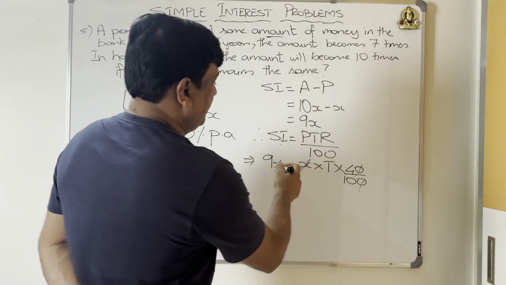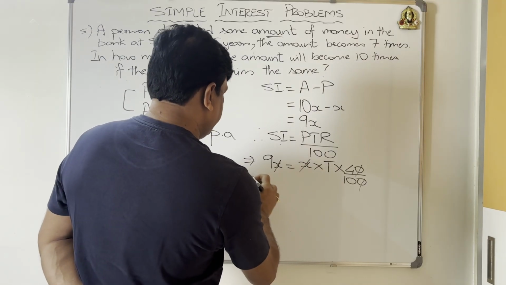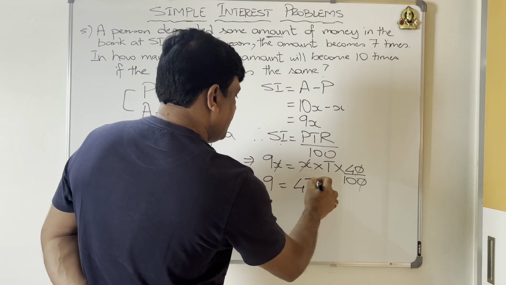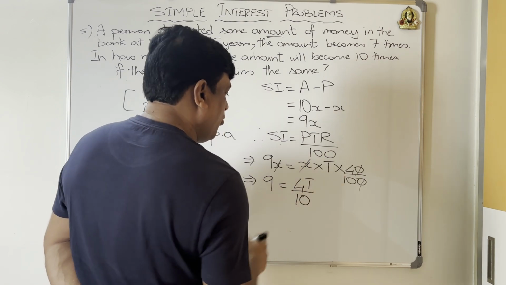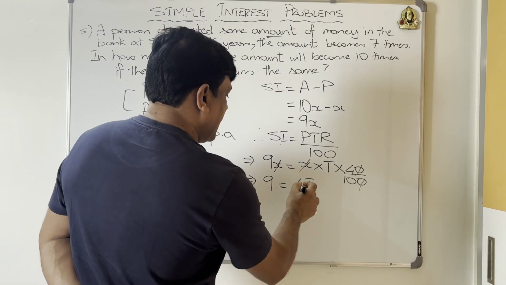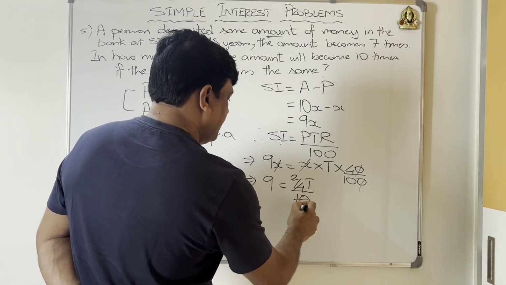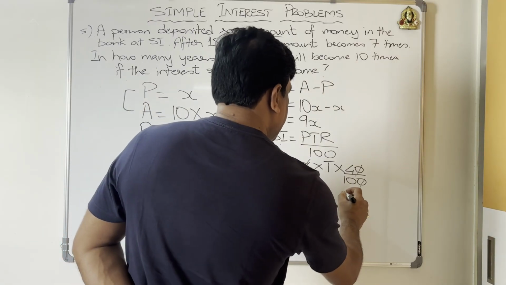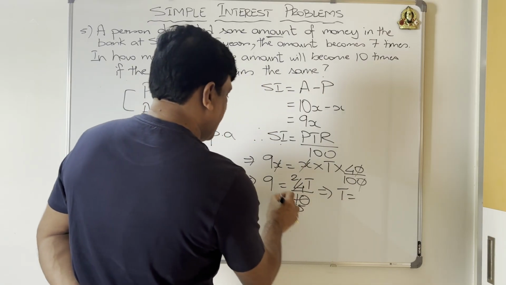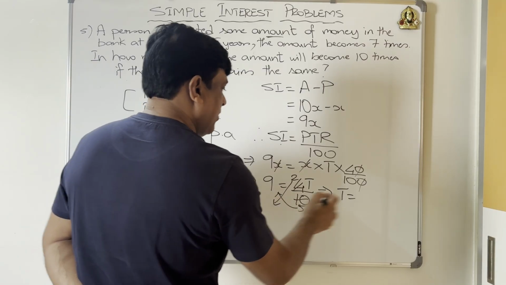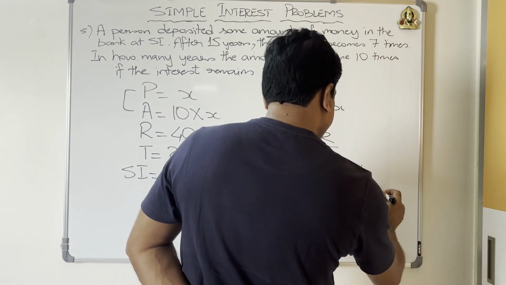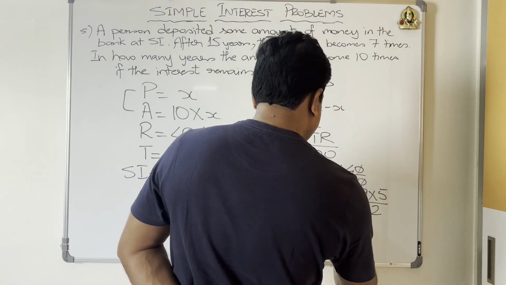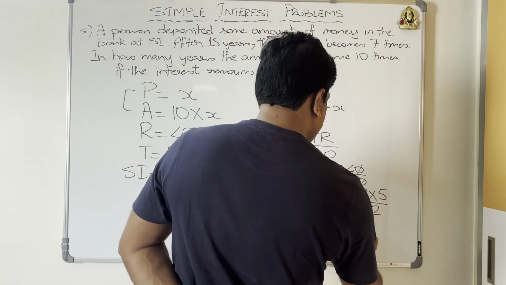So can I write it like this? 9 is equal to 4t by 10, right? So I can reduce this further. It becomes 2 by 5. And now your t becomes what? t is equal to, 5 goes up, 2 comes down. So 9 times 5 divided by 2, 9 5s are 45. So time will be equal to